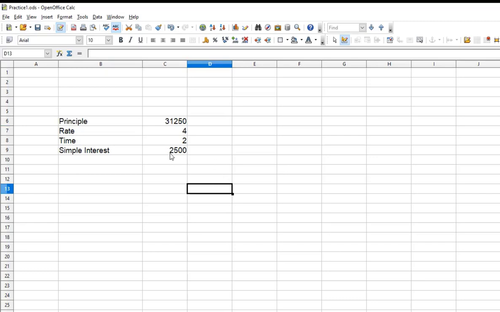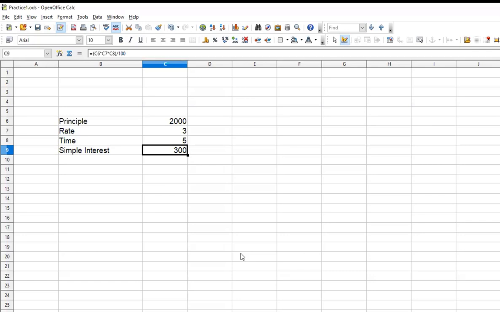Let's take one more example. This time, for example, you've got 15,000 over here. So the interest which you're getting is 1,200. If I change the principal, then the simple interest is going to automatically change. If I change the rate, then also the simple interest will change. If I'm keeping it for a long period of time, then also my simple interest will change. With goal seek, you can change only one variable at a time.